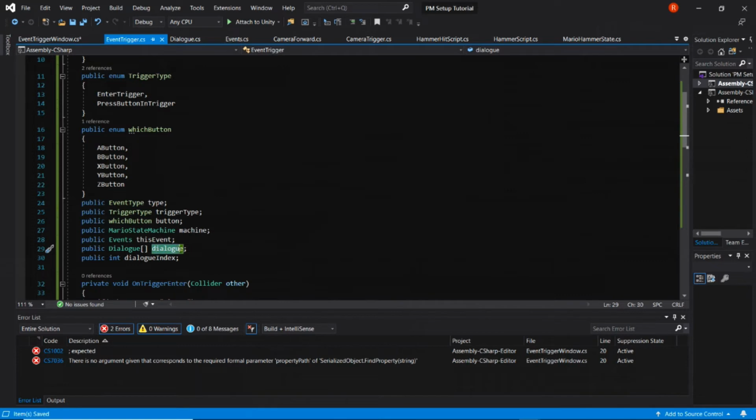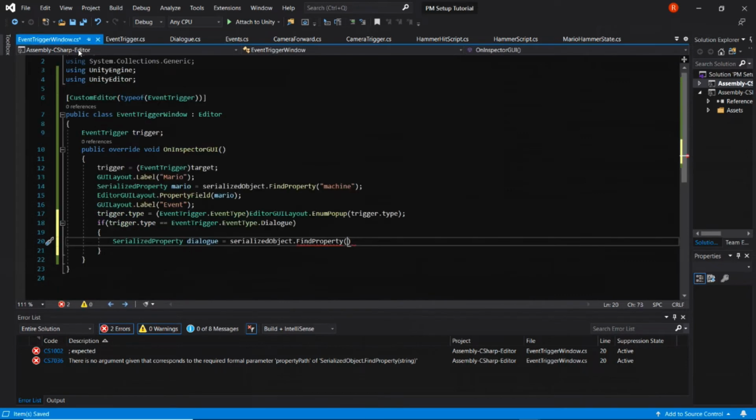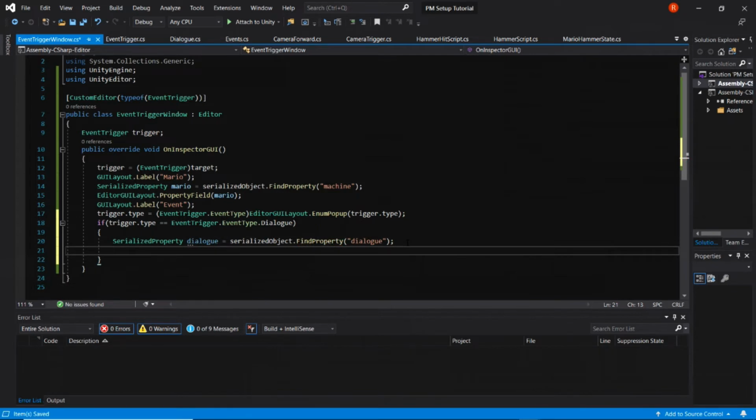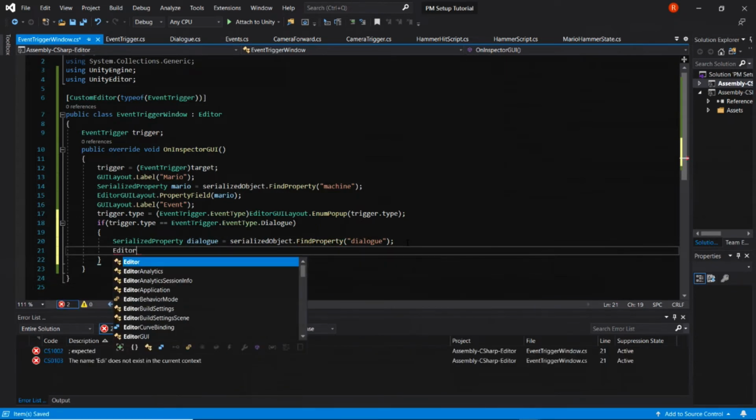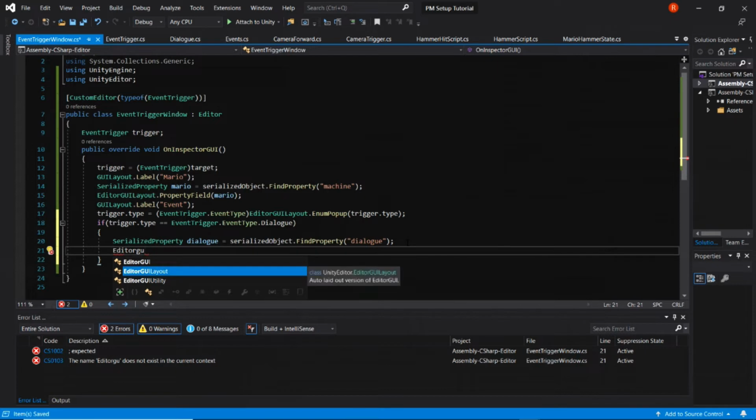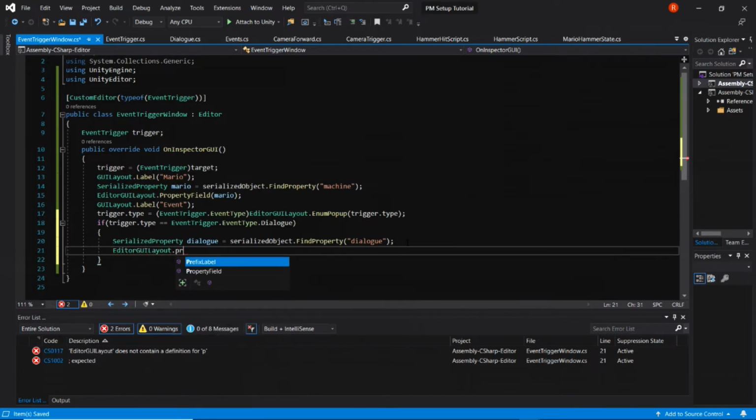It's called dialog in here, so I'm going to copy that and paste it in quotations. And below this, we're going to say EditorGUILayout.PropertyField